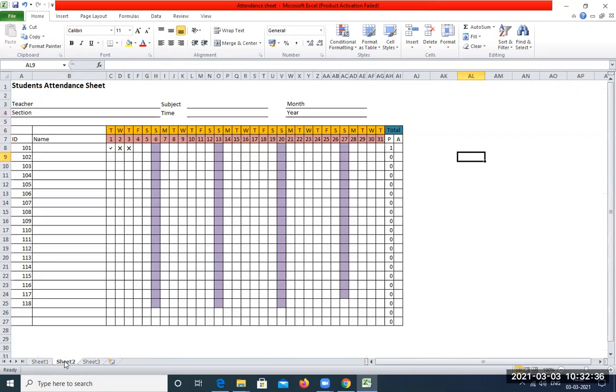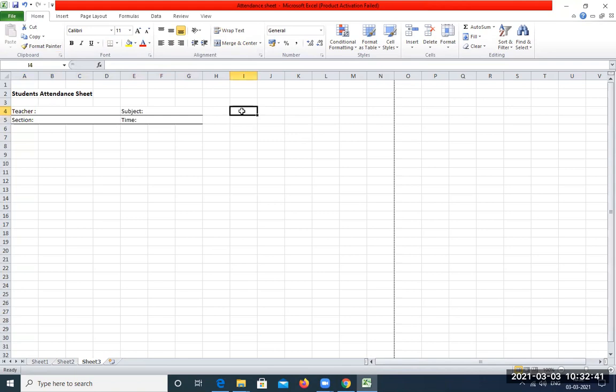Let us have a look at the next two parts. We require month and year. So we will type it here. We'll say month, and the next cell we will say year. So we shall select these cells, click merge and center again, click on left alignment, apply the bottom border. Select these cells, click merge and center, look for left alignment and apply the bottom border. So this much is done.